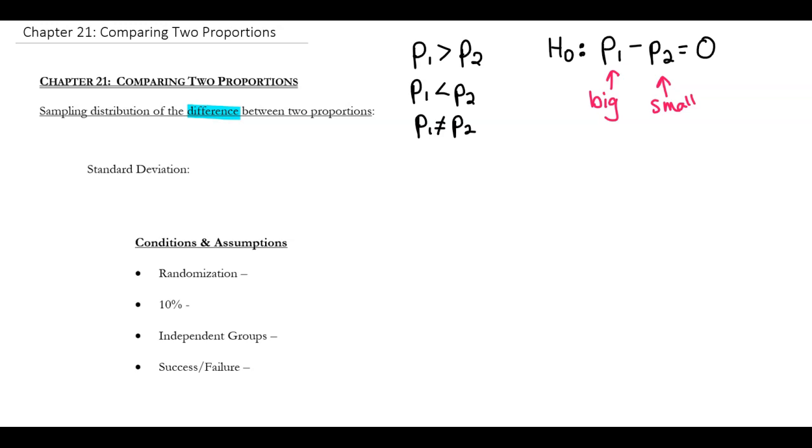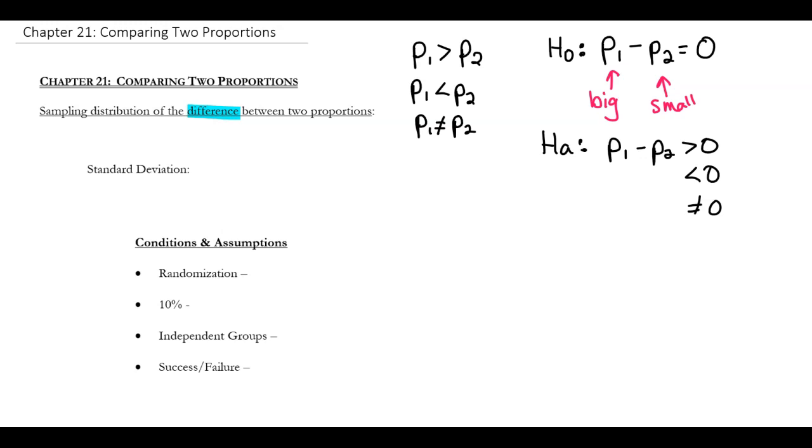Okay? So for our H0, again, it's p1 minus p2 is equal to 0. And then our Ha will be greater than 0, less than 0, or not equal to 0. And again, we'll do some practice of writing our hypotheses and doing the whole hypothesis test process in part